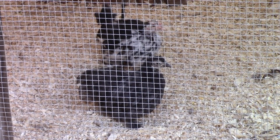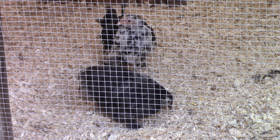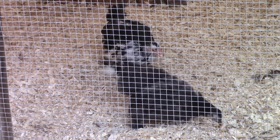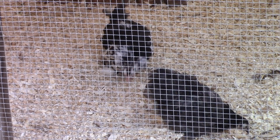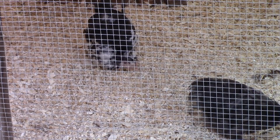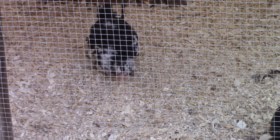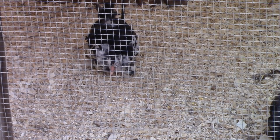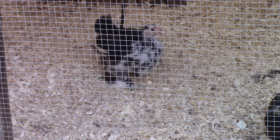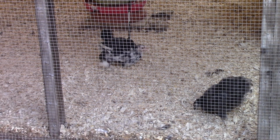These are two cochins from the last batch of chickens that I bought. I bought 3 cochins and 3 light brown leghorns. I don't mean to suggest in any way that the lady that I bought them from was dishonest or anything like that, but I was supposed to get 4, 2 blue and 2 of the mottled cochins. That one with the white on it is a mottled, and the dark one there is what they call a